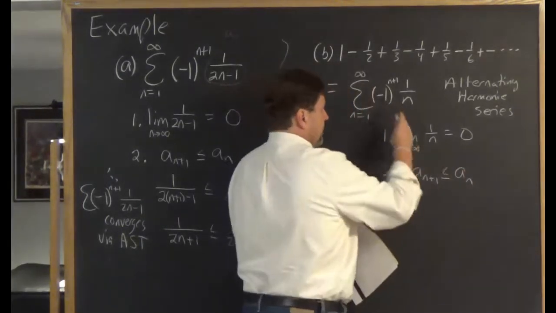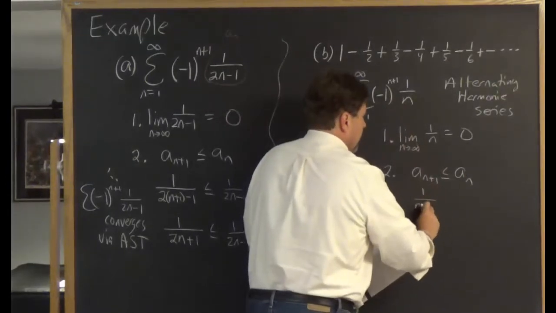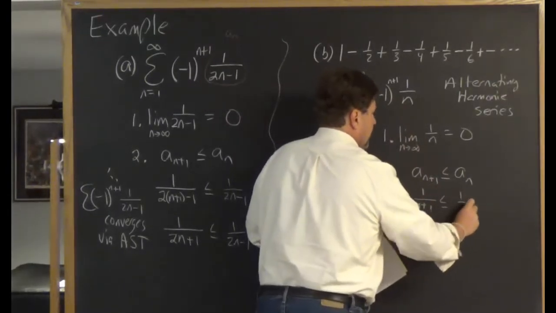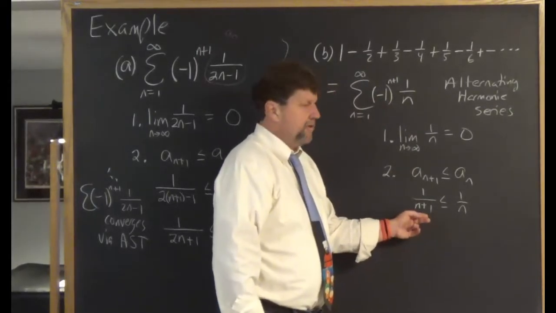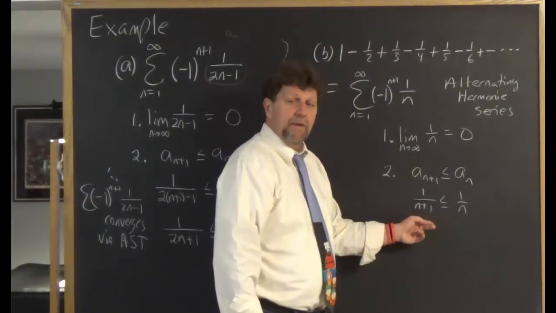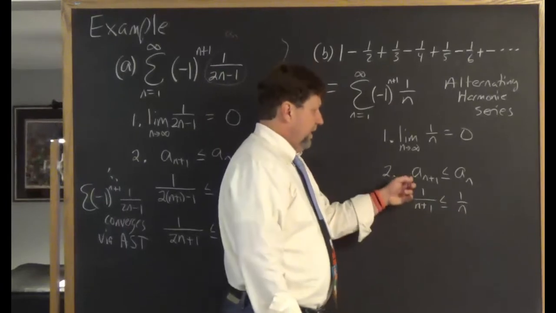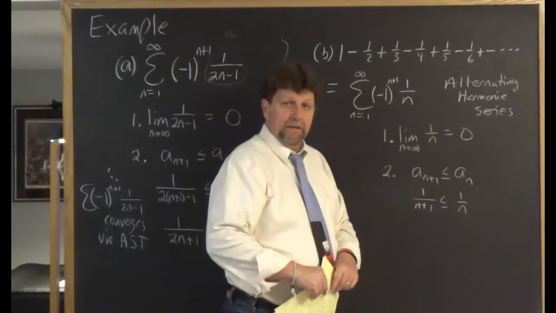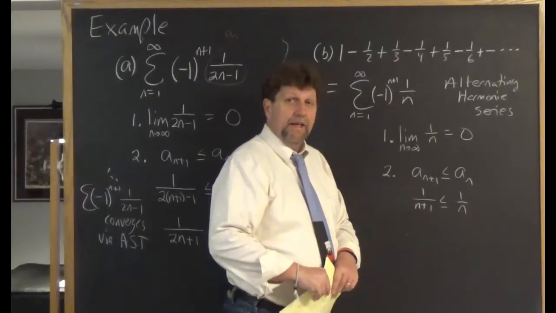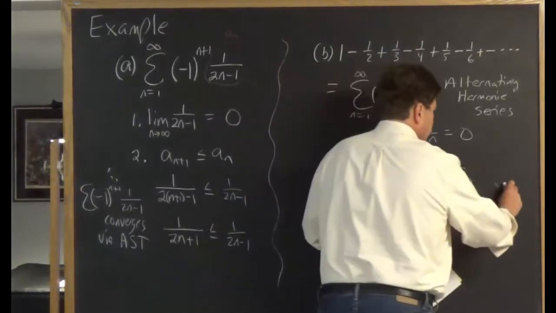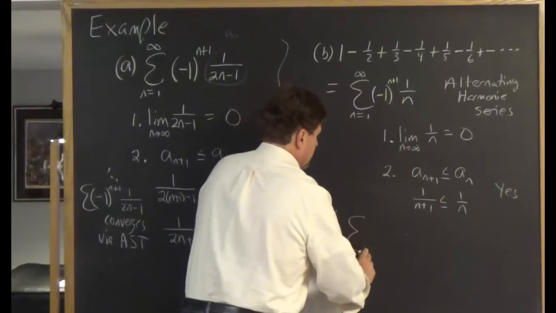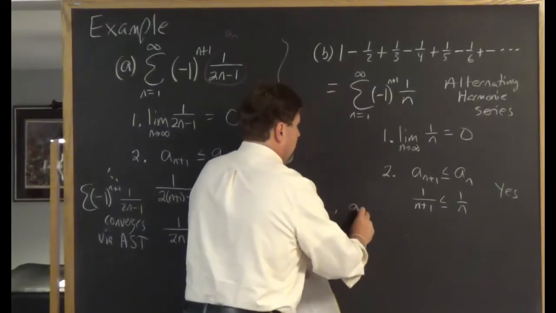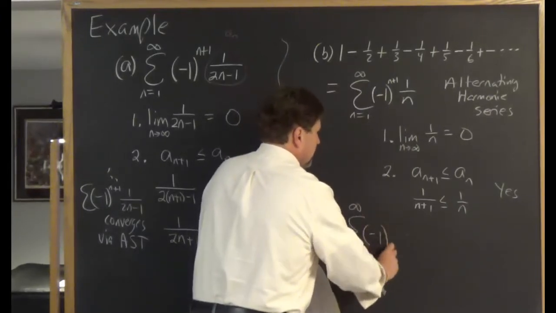A sub n plus 1 is just 1 over n plus 1, and a sub n is 1 over n. We know this is a true statement because of the denominator argument. So is a sub n plus 1 less than or equal to a sub n? Yes. That tells us our alternating harmonic series